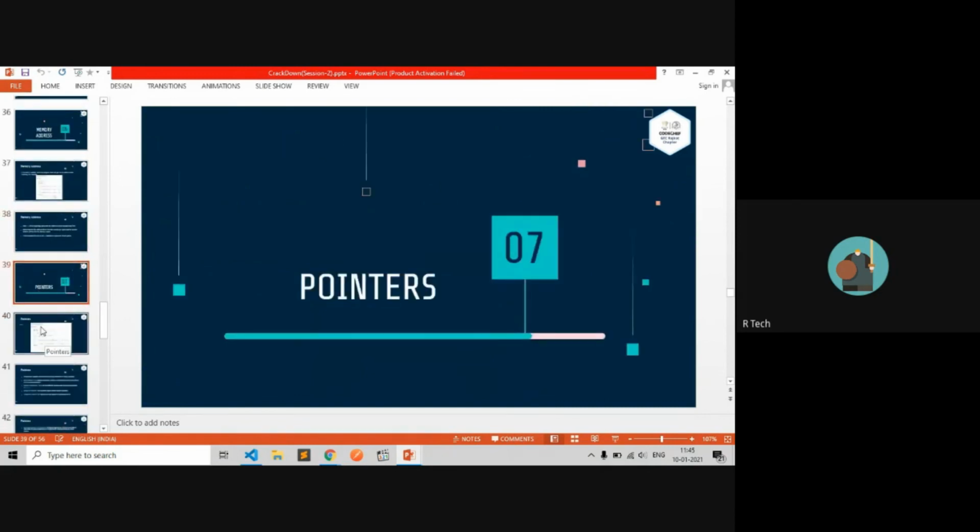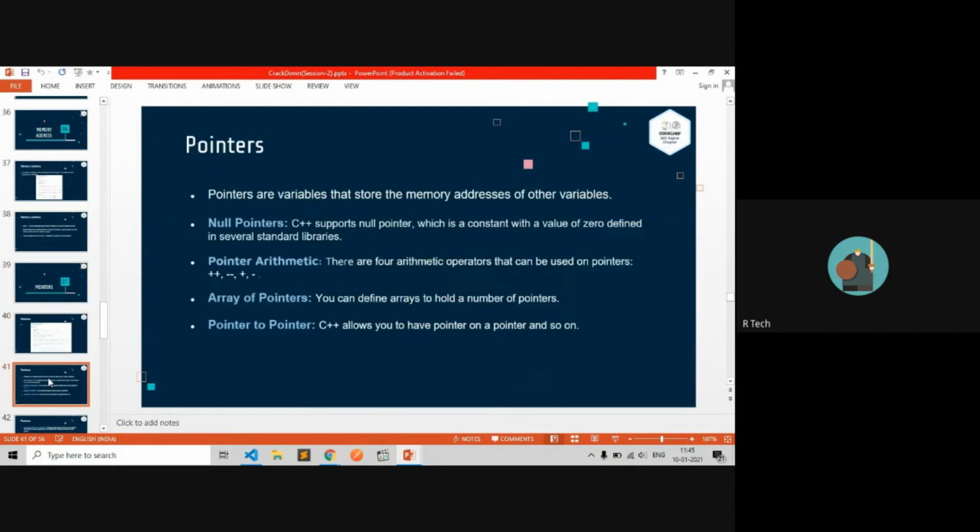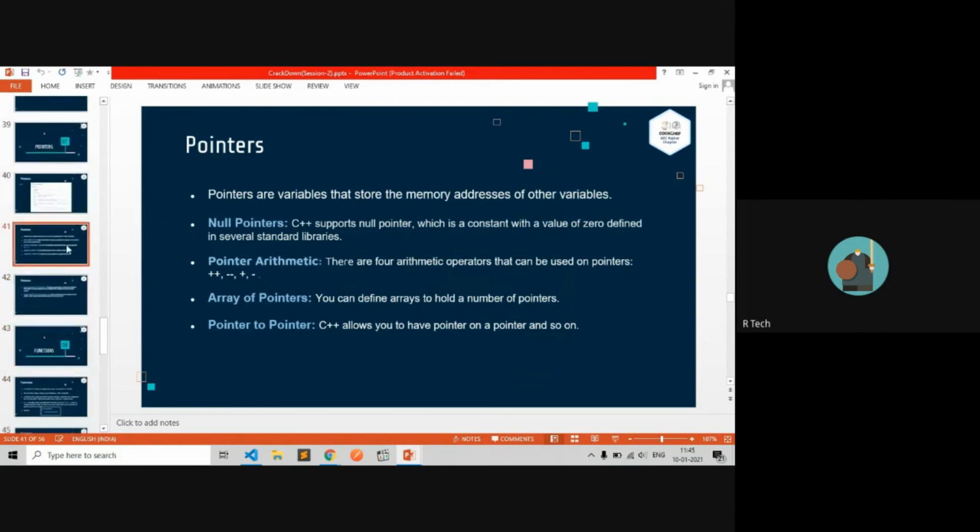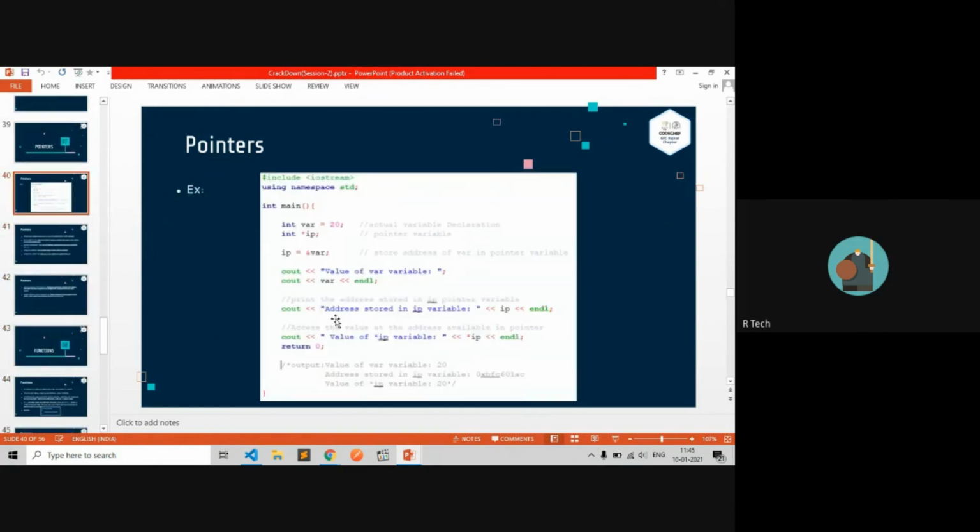Then pointer. What is a pointer? A pointer is used to store the address of a variable. If you want to access the value of the variable, use the star as a prefix, and if you want the address, use the ampersand with the variable.